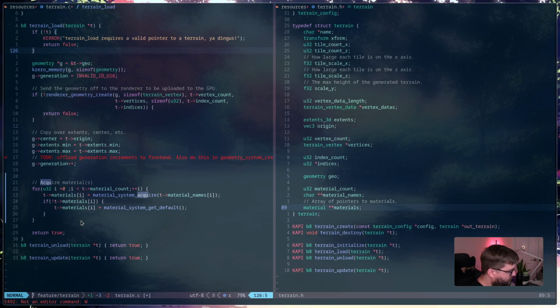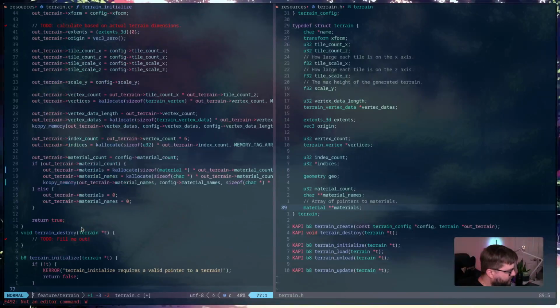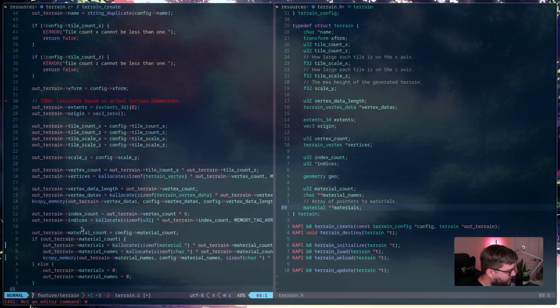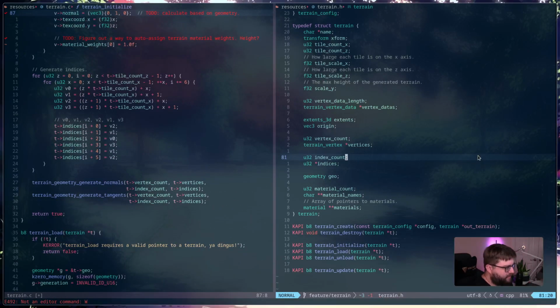So that's materials. I think that's actually all we have to do here. That wasn't actually all that complicated at all, which is neat, as long as that hooks up the way I think it's going to. So the next thing we need to do is go ahead and